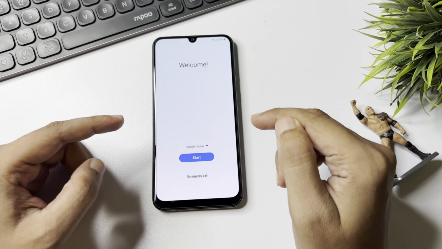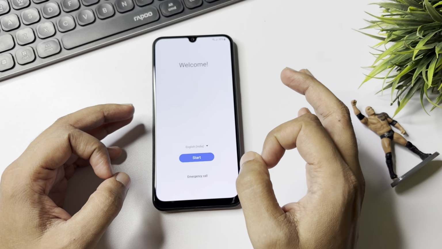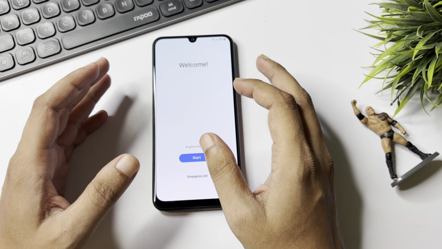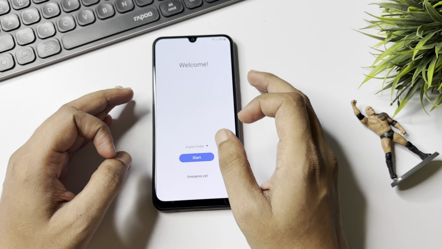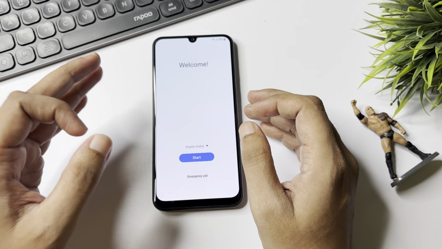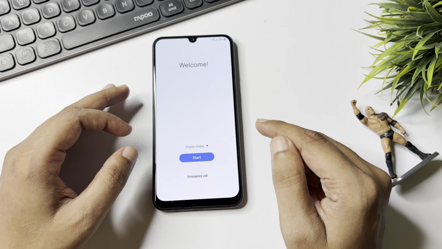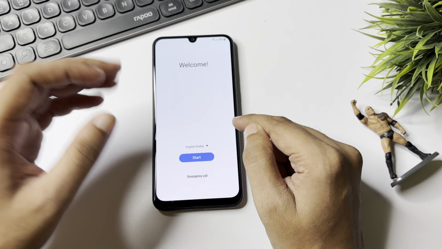Hello guys, welcome to a new video, and this video is totally dedicated to consumers who are using a Samsung Android smartphone of any series and any Android version like 13, 14, 15 or 16. If your Samsung phone is locked due to a forgotten PIN, pattern or password lock, and you have hard reset your phone, then after the hard reset, when you switch on your phone, you will get